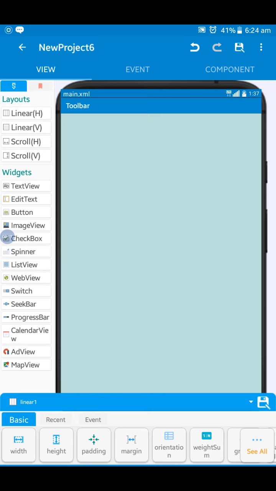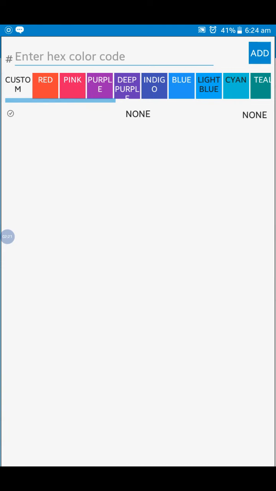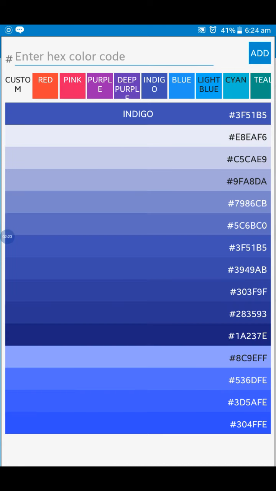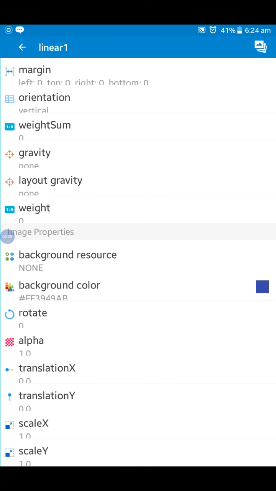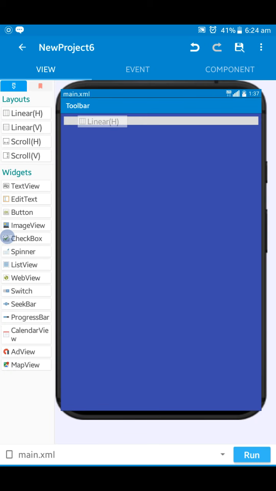So we need to change the background color of this linear 1 to indigo light color. Okay, we selected. Then we need to put a linear horizontal.